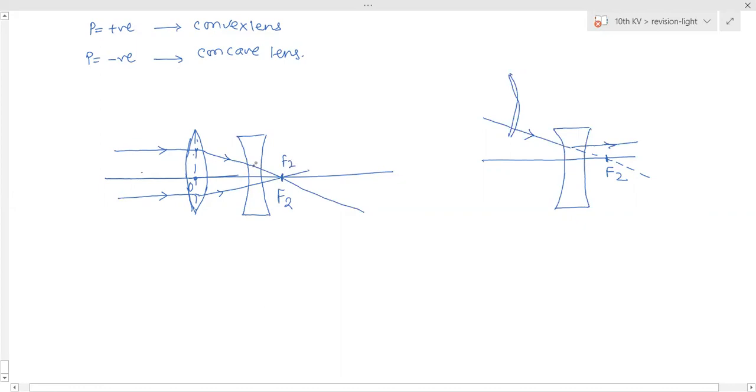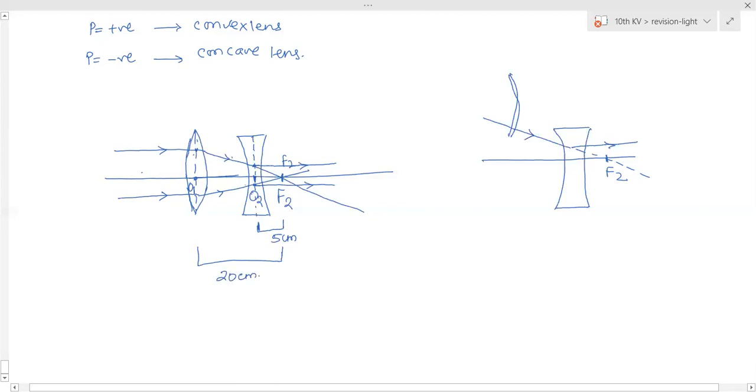From this point, if these rays fall at this point of this aperture, then what happens? These rays falling on this lens appear to pass through the focus of this concave lens. So after that, from this line, the refraction takes place and those refracted rays will be parallel to principal axis. So this is O2 and this is O1 we consider. O2 to F2 distance is the focal length, which is 5 centimeter. And F2 to O1, this distance is 20 centimeter, the focal length of the first lens.